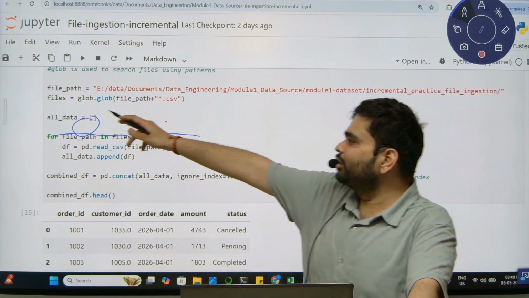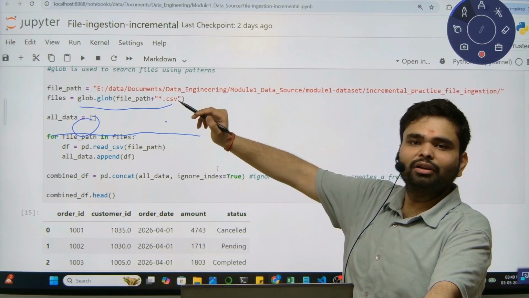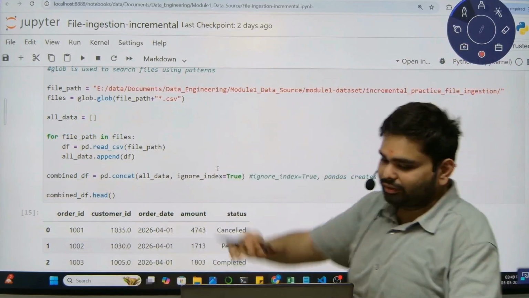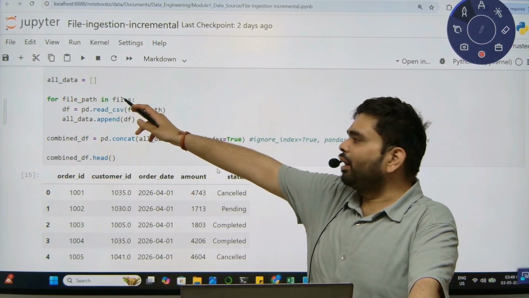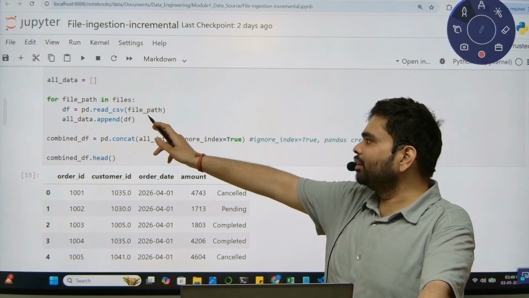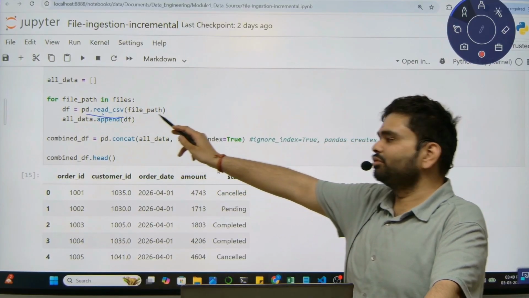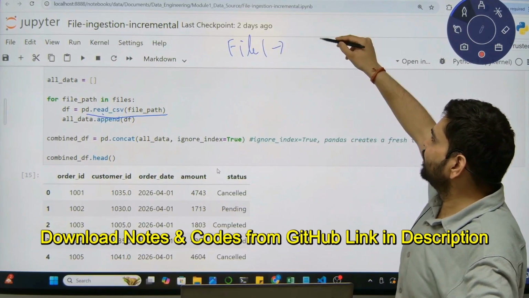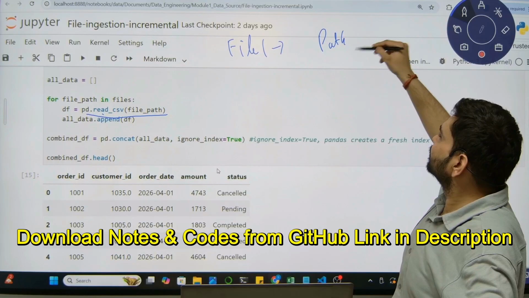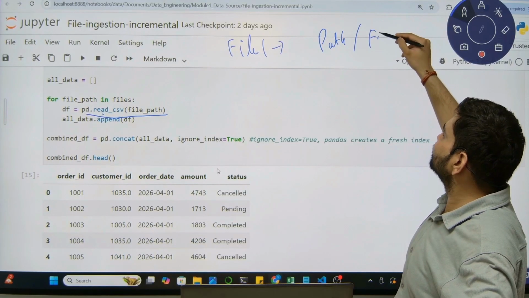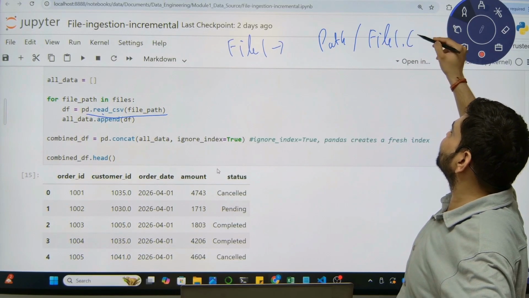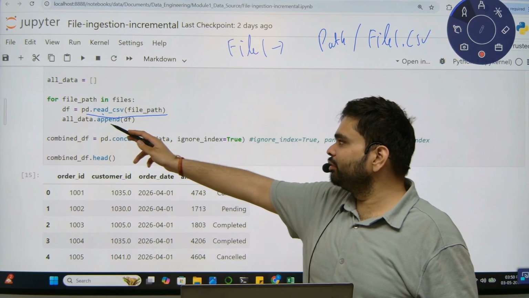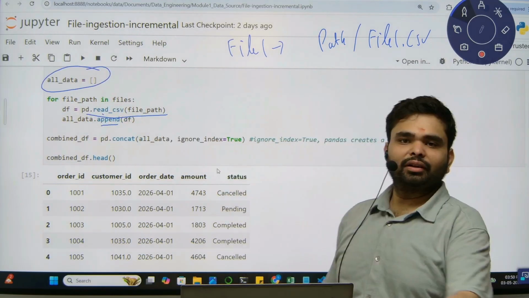Now once we get the files, we get all the files as an object. From that object, we get the path of each file, and using that path we load the CSV file. For example, file 1 will have the path /file1.csv. Similarly for file 2, and all the data frames will be appended into an empty list.